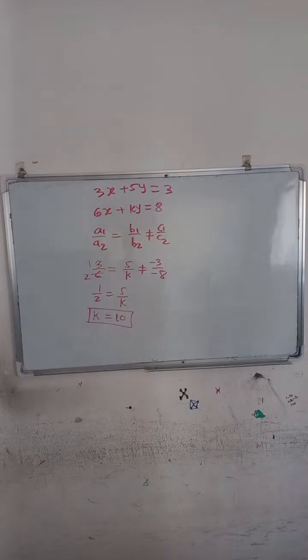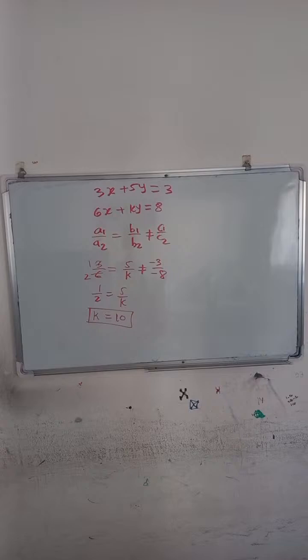The pair of equations x is equal to a and y is equal to b, with a small a and a small b, graphically represents the lines which are